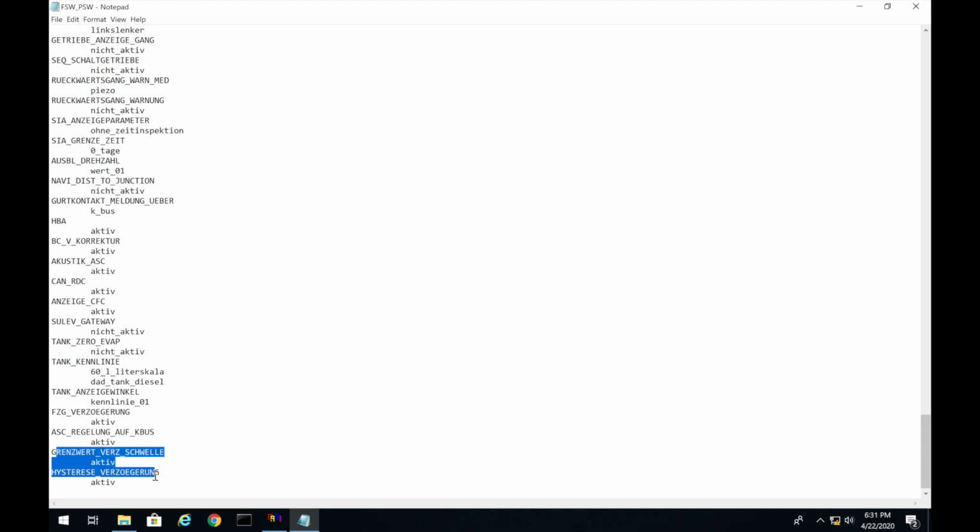Then these two are actually for the speed. So these ones we definitely need. It's GRENZGESCHWINDIGKEIT. I'm saying these so wrong. And then it's VERZ_SCHWELLE. Change that to active. And lastly, change this to active: HYSTERESE_VERZOEGERUNG. Change that to active. So these 4 parameters are the parameters that need to be changed inside of the instrument cluster, and you need